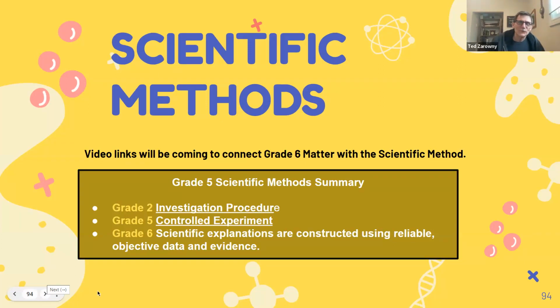I did it again. Just very quickly, this should read grade 6 scientific method summary. And just a reminder that at grade 2, we look at the procedure. Grade 3, we add on the controlled experiment to the procedure. And grade 6, your grade, the emphasis is really on explanations. In other words, after all the investigating is done, we gather all this data, and that data becomes evidence for the conclusion we make or the scientific explanation that we make at the end of the day. So that's focused on explanations and data and using it as evidence. So just so you know that that's there as well.